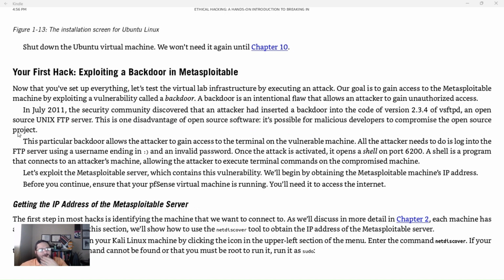An example of open source would be Ubuntu, or Linux. I don't know necessarily about Ubuntu, but I know Linux is an open source OS, and open source means anybody can work on it and contribute to it. So imagine the possibilities of hackers doing that and injecting stuff into versions, so it's pretty bad. This particular backdoor allows the attacker to gain access to the terminal